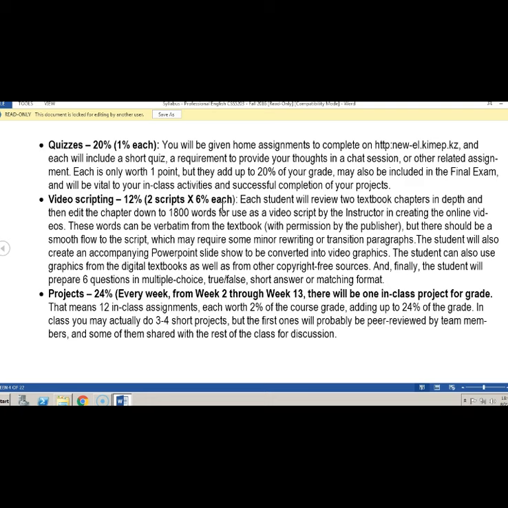So probably once you know your first chapter you're going to do, you would want to read the whole chapter as soon as possible. And then from there, the rest is kind of easy. Well, I wouldn't say easy, but once you've read it once, you have an idea what's in the chapter. It may take you a couple of read-throughs to pare it down to the 1,800 words,